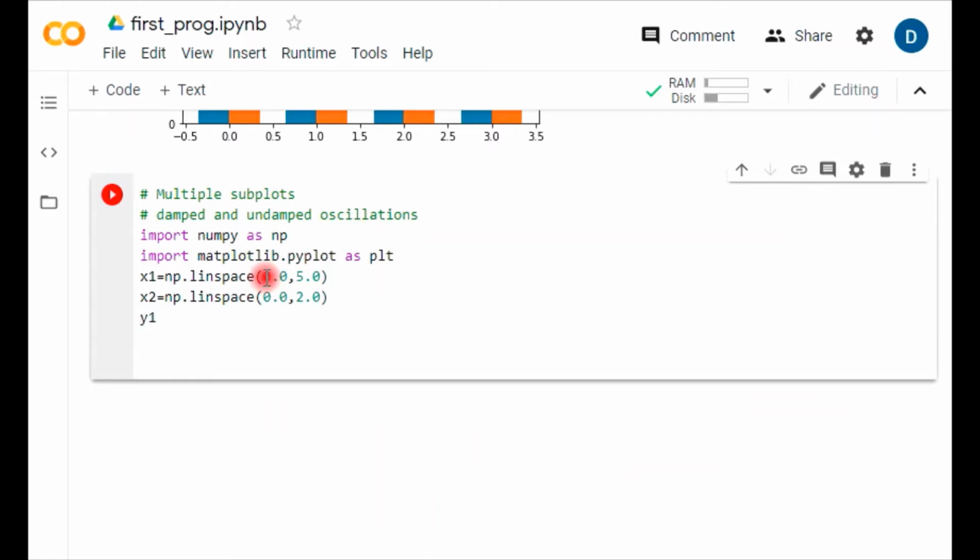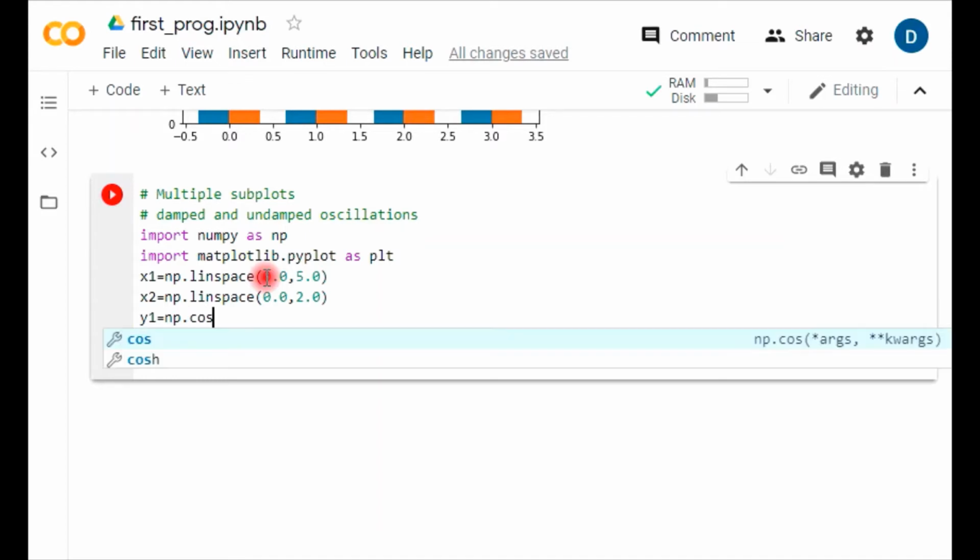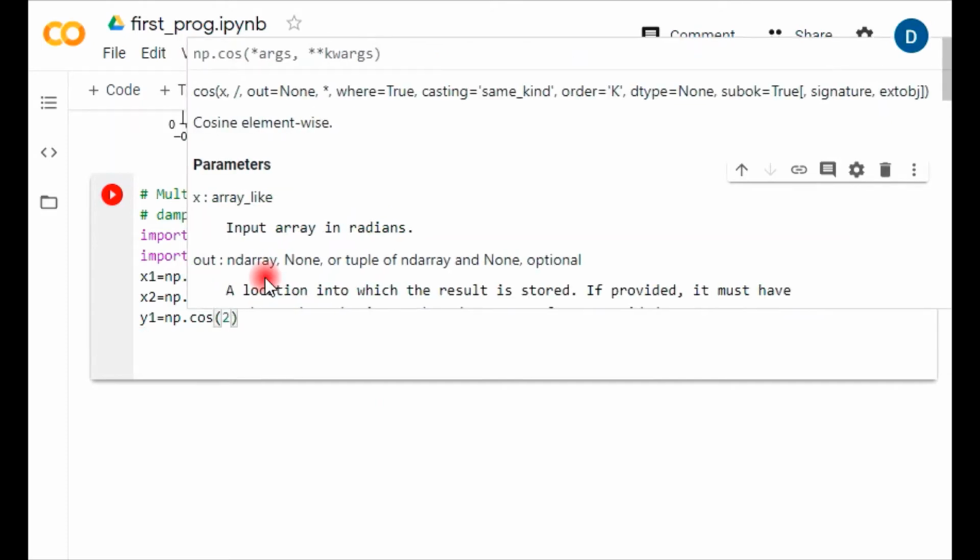So let's begin with y1. Here I'm creating an output using the np.cos cosine function. I'm taking the numpy pi array using a cosine function, which starts with 2, as we have 2 pi theta.